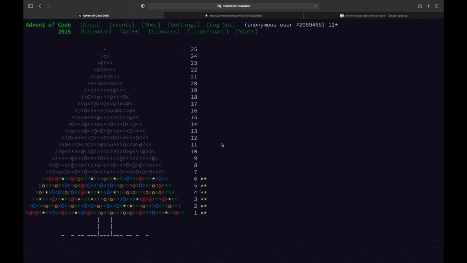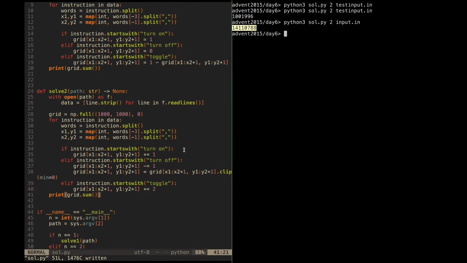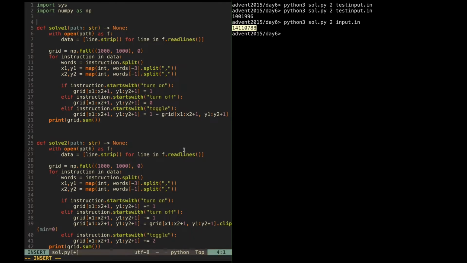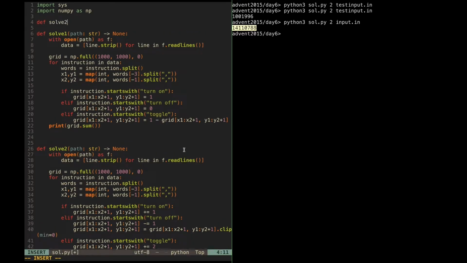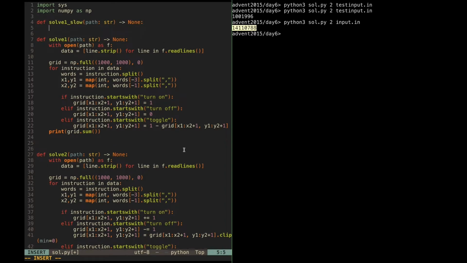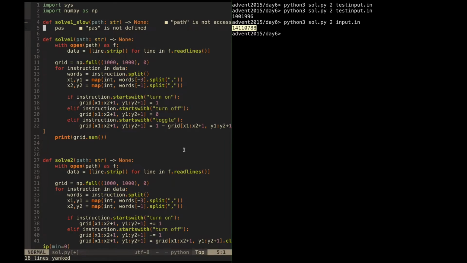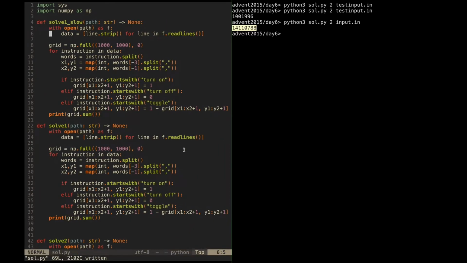Okay, so we solved day 6. Oh yeah, let's try something fun. Let's try and do this the slow way. Solve one slow, where I do all this, but instead of doing NumPy array manipulations, I'm gonna do